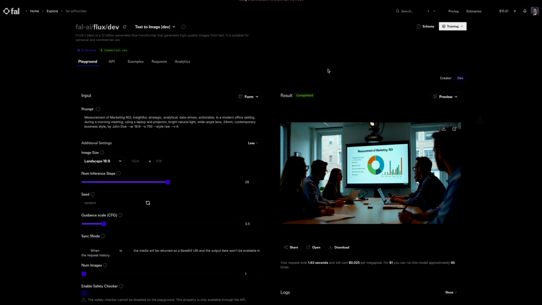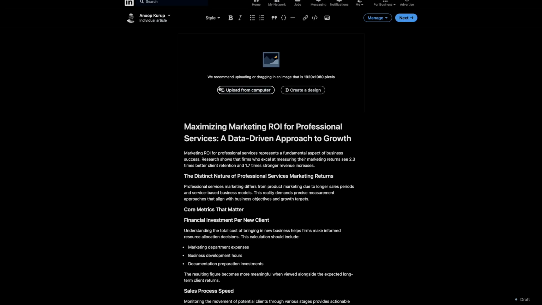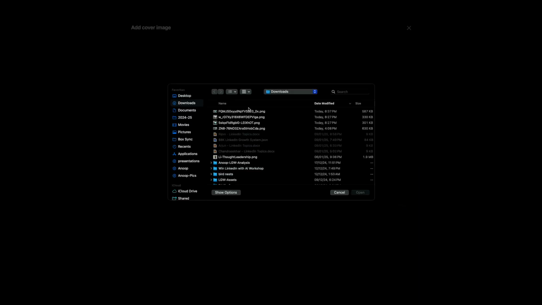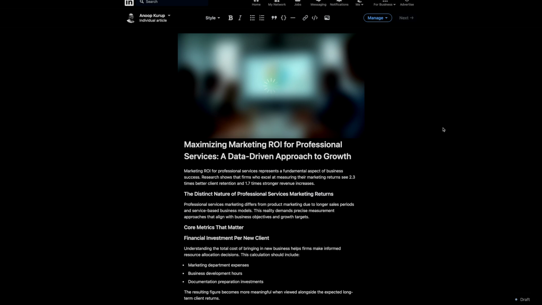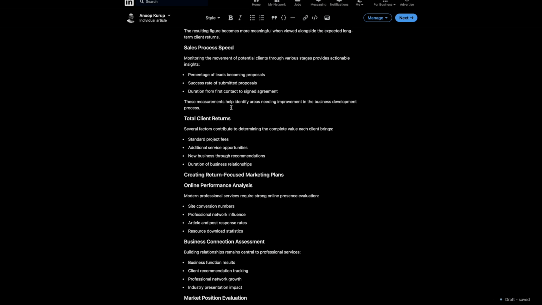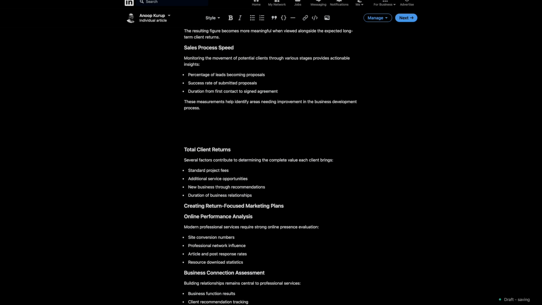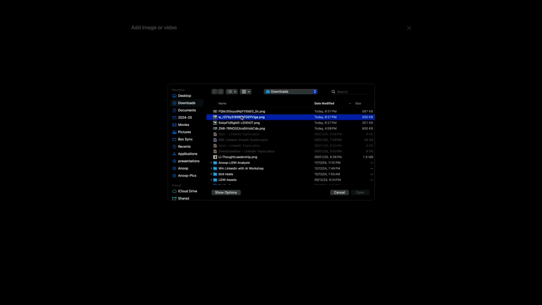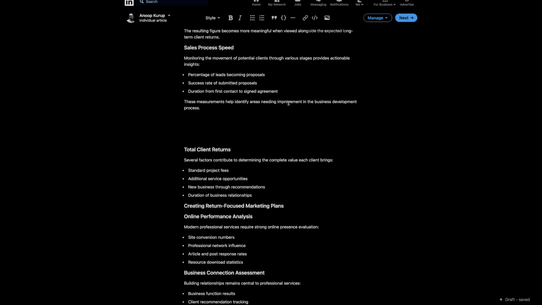So I'll click on download, let it download, go back to the LinkedIn article, and I can just select it from the computer and set it as an image here. It loads it up. There you go. Our image is set. Another thing I can also do is add an image in the middle of the post somewhere, just to break the visual flow. I can just click on this and say upload from computer again, and it can add another image for me. And if I don't have another image ready,